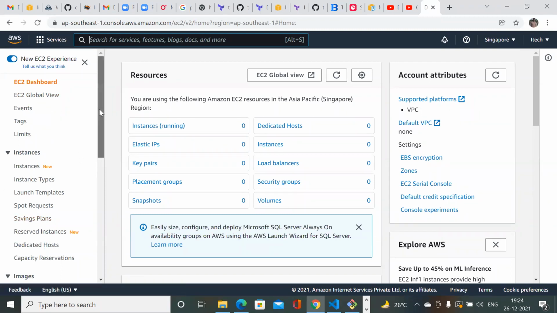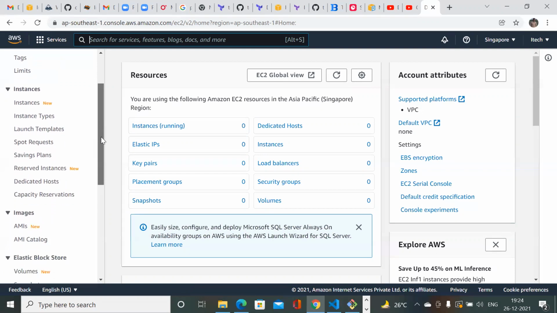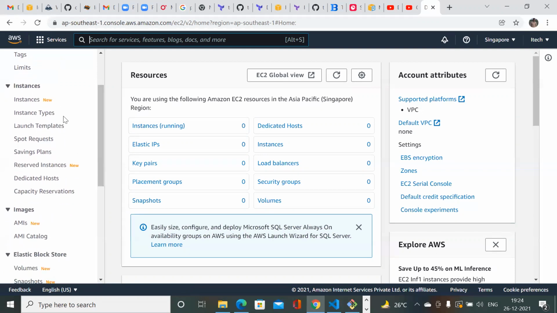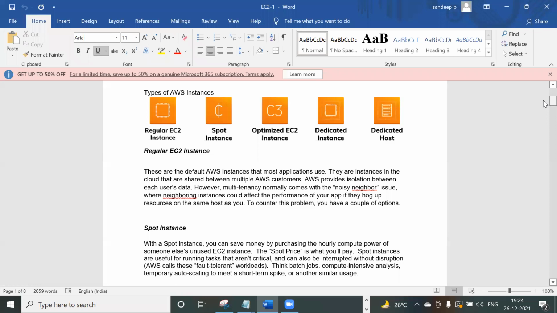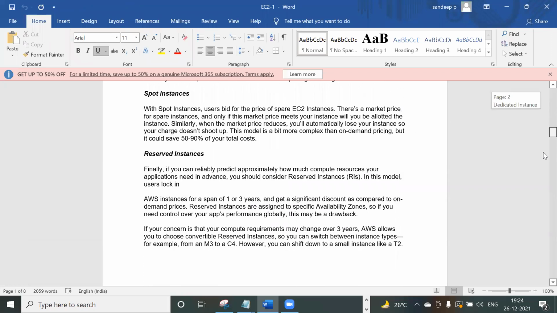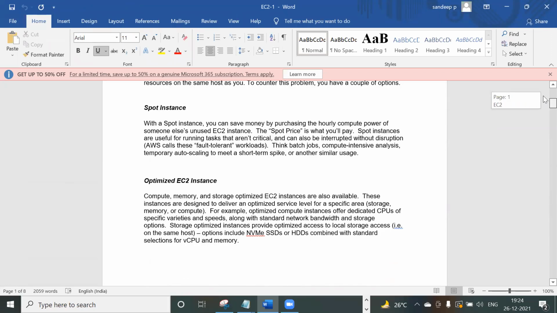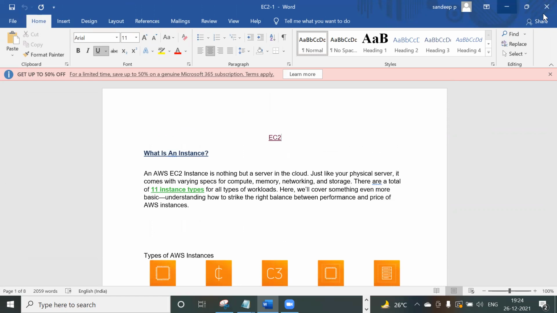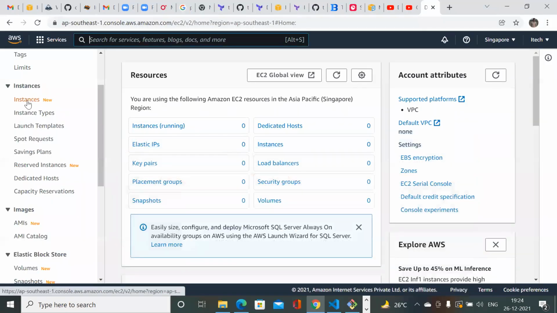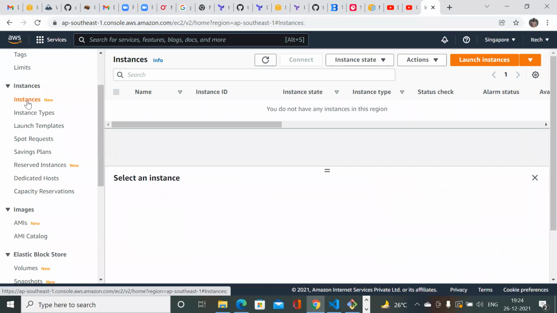These things we're going to discuss more tomorrow in the next session, such as instance types, savings plans, reserved instances, dedicated instances. But for now, you have to understand how to deploy a new instance. That's my goal here.